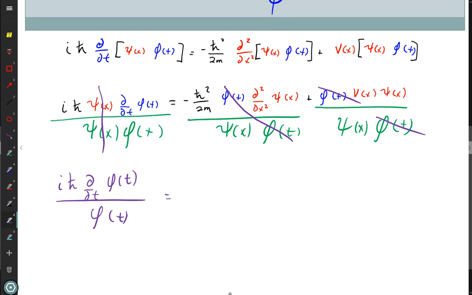And on the right. Why is the psi of x not canceled in the third term? Actually, it does. You're right, but I'm going to leave it there because I'm going to multiply it back. Okay. You're right. It does cancel. Because the v, unless the v has a derivative in it, I suppose. Since it's a function of x, it could have a derivative or integral in it, and then it wouldn't cancel. So that's why, because it's being operated on still. Okay. On the other side,